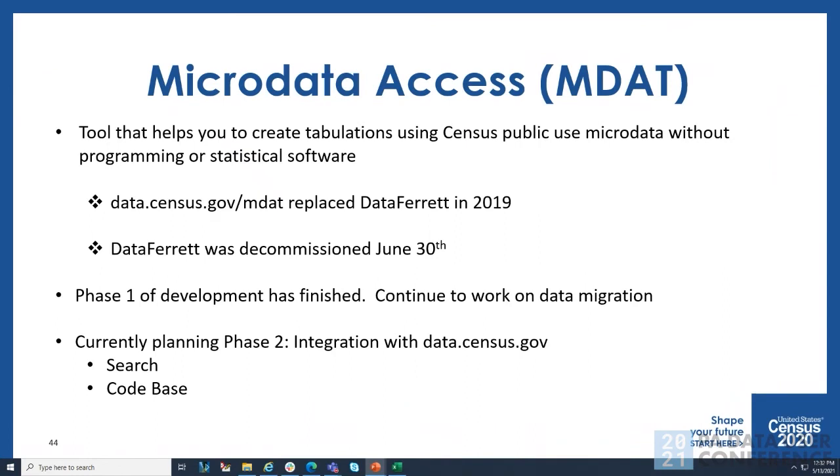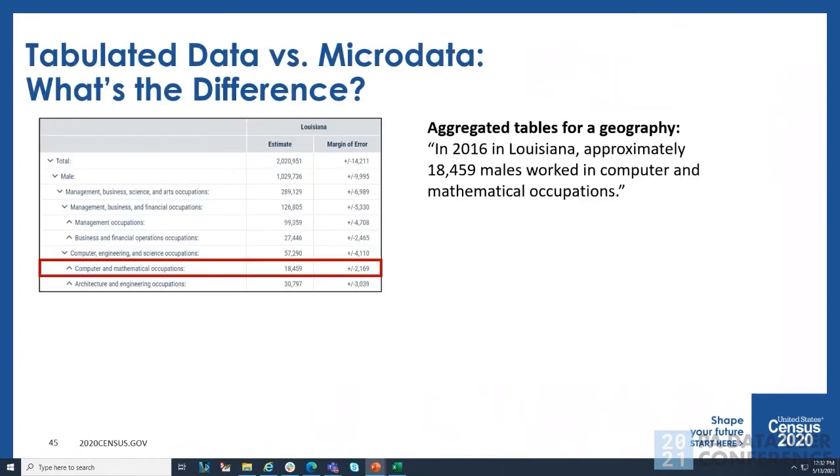Same thing with topics like poverty, where here are your tabulations, here are the web pages and more information about the methodology. Or if you can't find it there, here's microdata access. So that's really about doing search, but also integrating with the code base at data.census.gov. So let me show you how this really differs. If we use an example, I guess the easiest example would be something like a web developer.